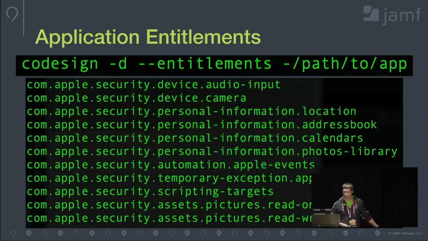So here's an example of the entitlements. Applications that are sandboxed or that are taking advantage of the enhanced runtime in 10.14 must declare upfront any of the access that they're doing for all of the different TCC categories. So here are the different entitlements for each of those. As you can see, there are things for Apple events, calendar,